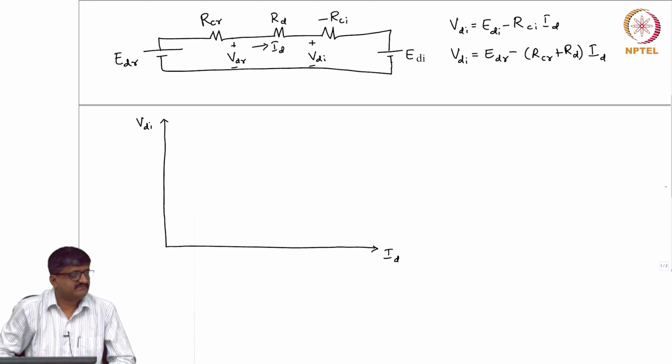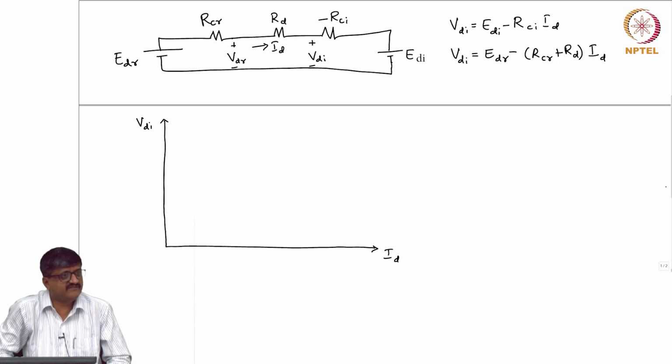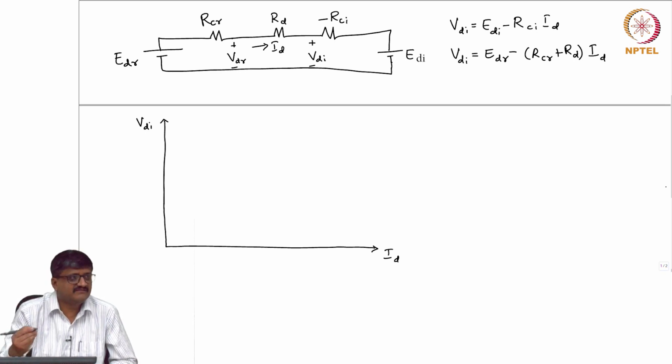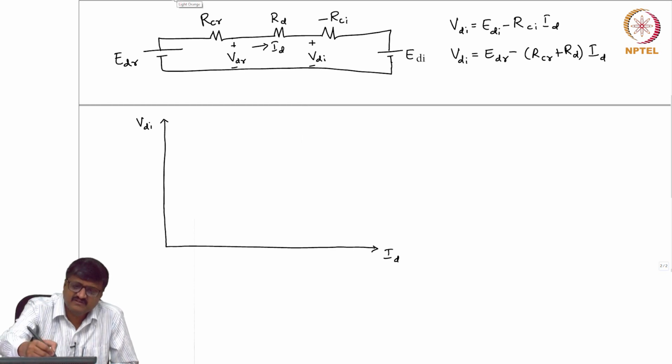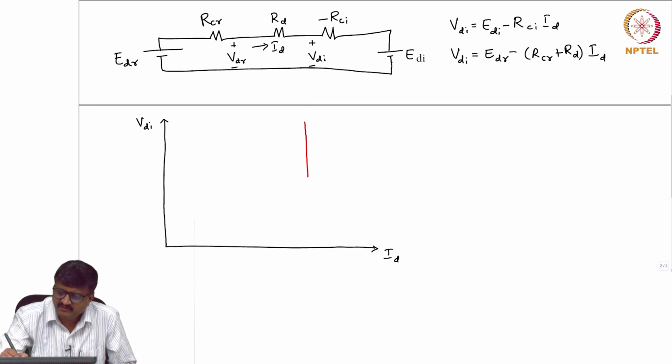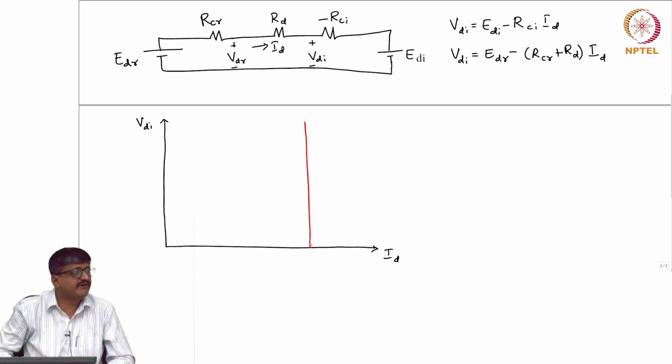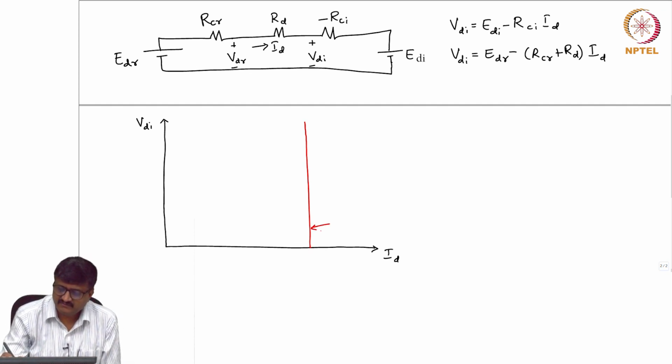Straight line. What is the slope? Negative slope and positive intersection, negative slope. Will that give constant current? What is this current? This current is ID. So, ID is constant means vertical line, that is all. I have just a vertical line. So, I have some vertical line here. Okay. What I will do is I will try to use a different color. So, it is just a vertical line. So, this is CC control.